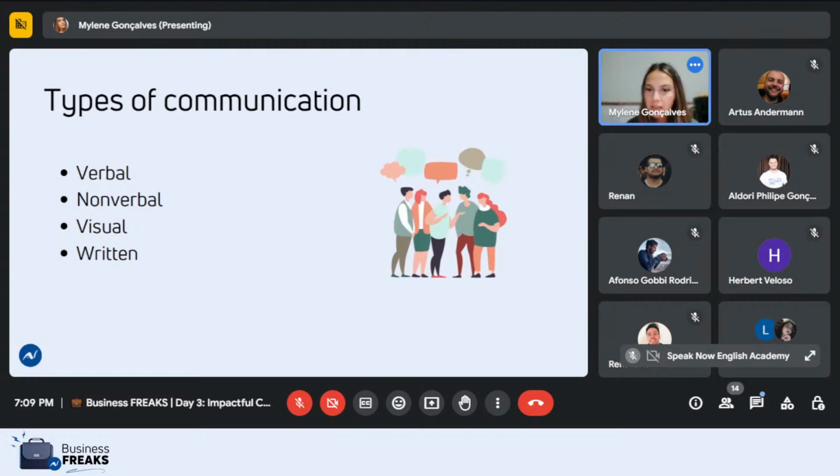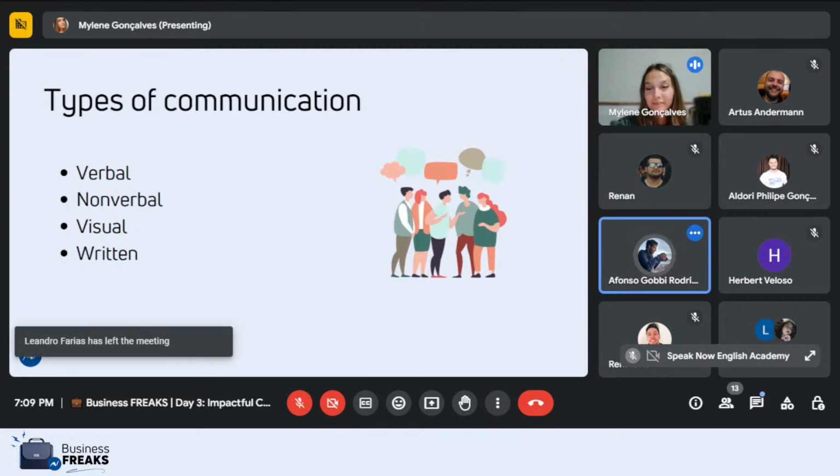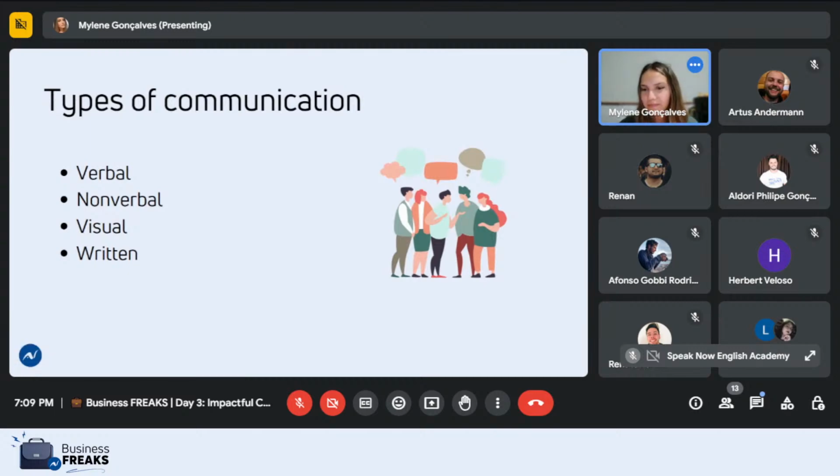So let me ask Renato, what is the type of communication that you use the most at your work? Mainly verbal and written. Okay, nice. Afonso, what about you? Certainly writing and verbal communication. Yes. What about you, Marcelo? I want to know from you. What is the type of communication that you use the most? I think the written one. Yes, so we have these types of communication,